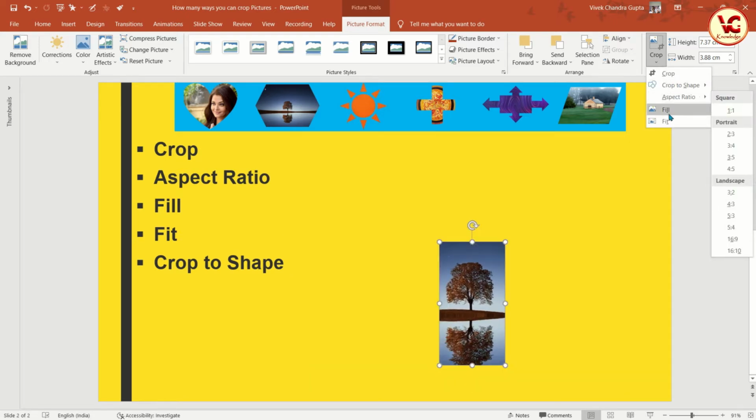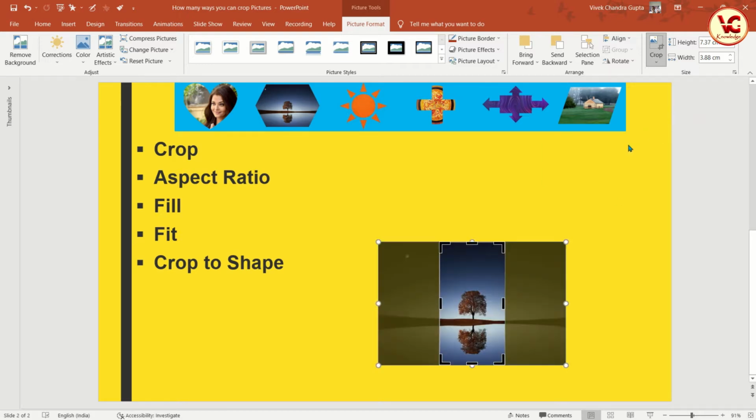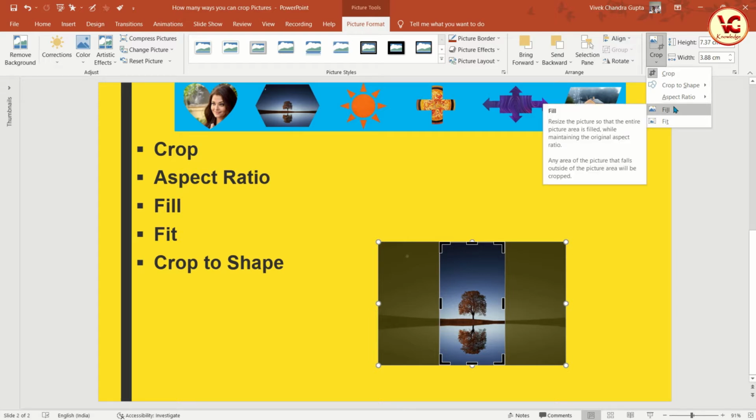We go here, and we see the options fill and fit. The moment we click fit, we see the whole original image; the program is trying to fit it in this aspect ratio, right? And when we select the fill option, we can see it is trying to accommodate the original picture in the given size. Fill means whatever aspect ratio or size we have selected, the program is trying to accommodate the original picture in the given size.